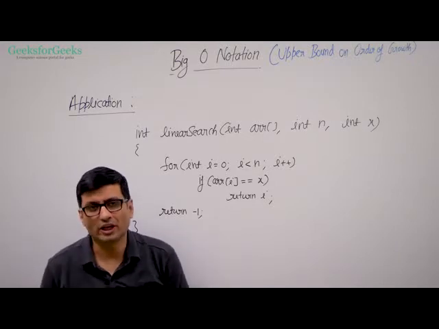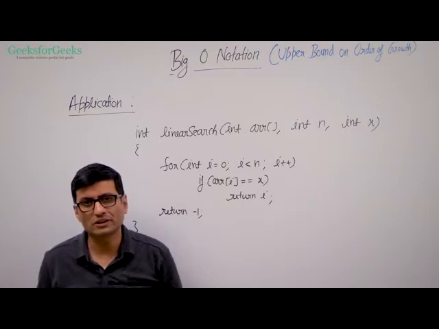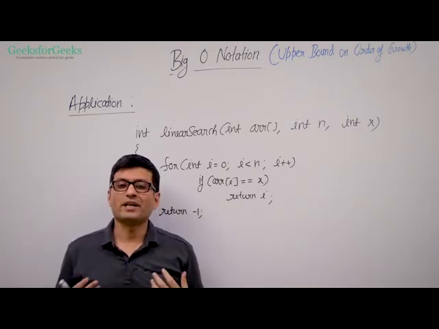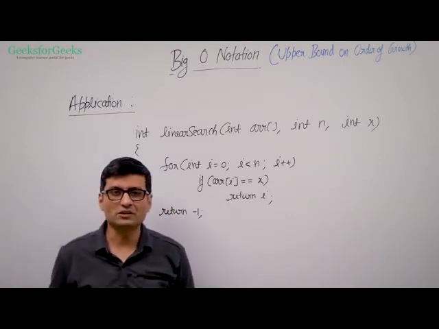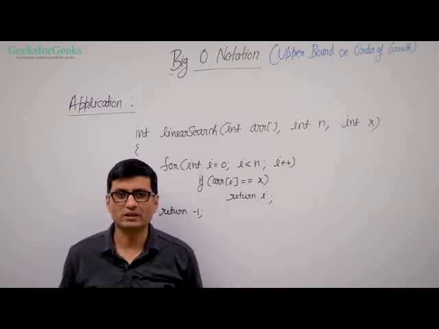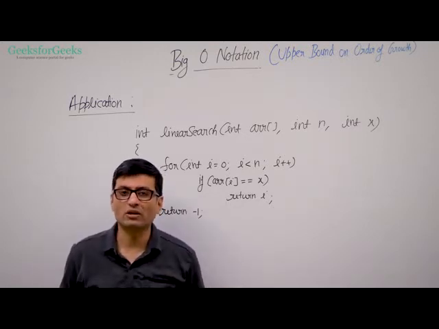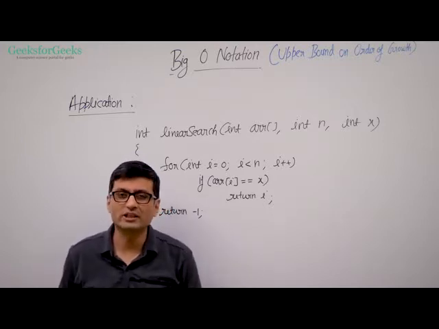Now, what do you say about the time complexity of this function? What do you say about the order of growth of this function? What might happen sometimes is, if your element is always at the first, second, third positions, this algorithm quickly finds it. But if your element to be searched is not present at all, it's going to traverse through the whole array, and then it's going to decide that the element is not present.